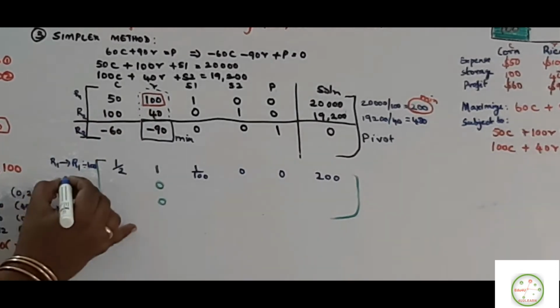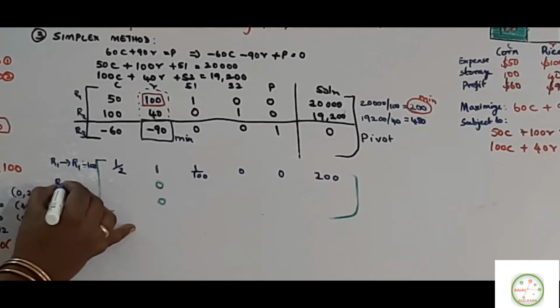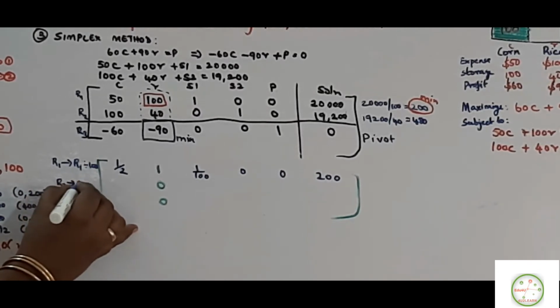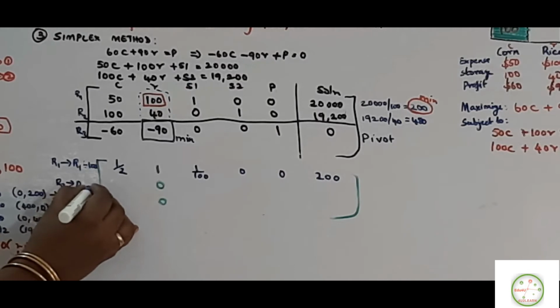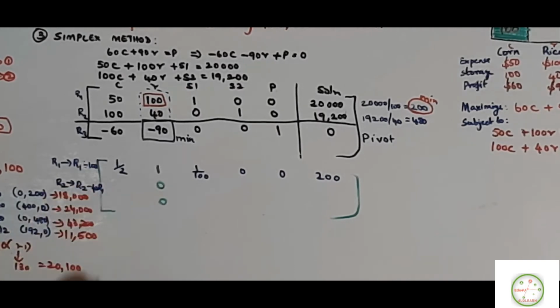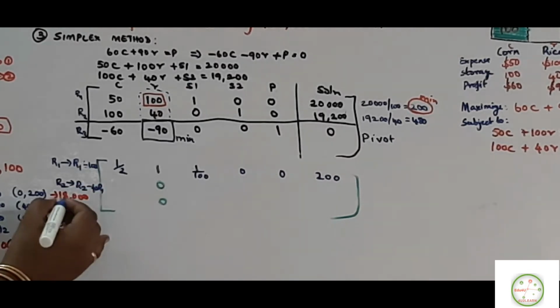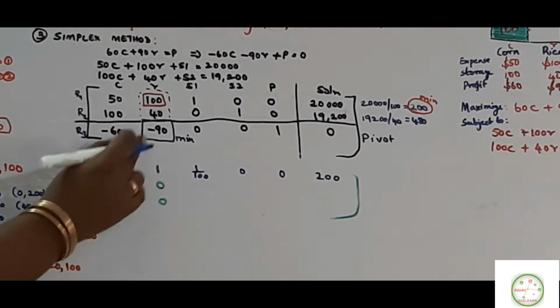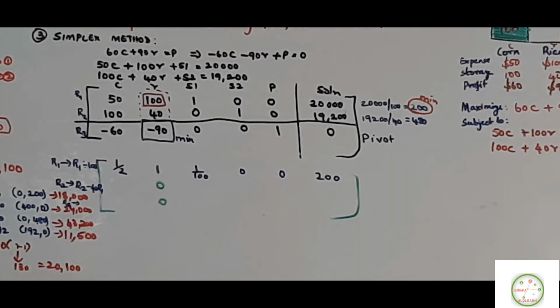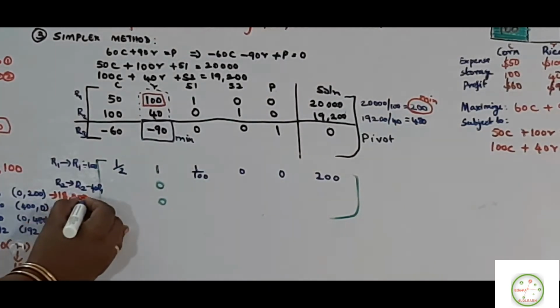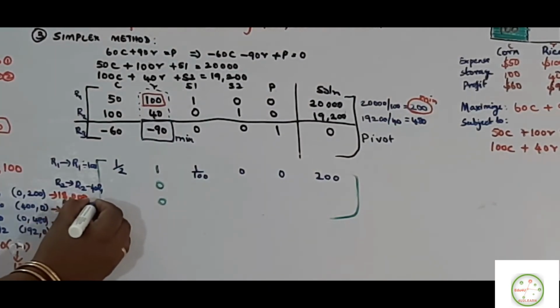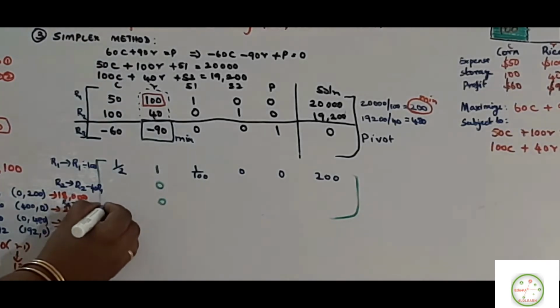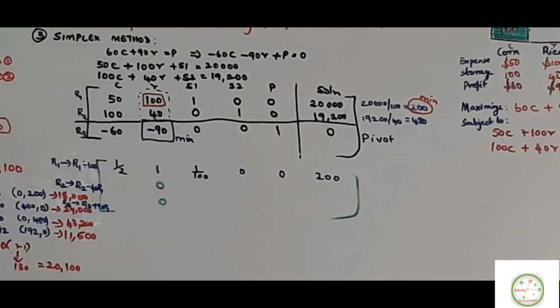So R2 is going to be equal to R2 minus 40 R1, and R3 is going to be 90. We want this 90 to become 0. So R3 plus 90 R1. So substituting these values, we have